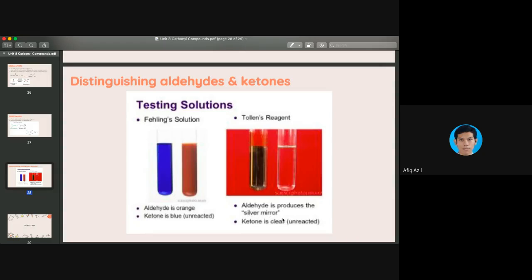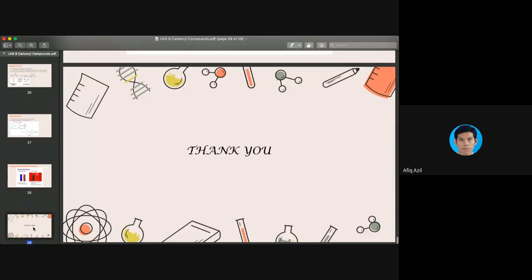But for ketone, there will be no reaction, meaning the solution will remain unreacted, a clear solution all the way. So this is how aldehydes and ketones can be differentiated using a chemical test. Okay, so basically that is